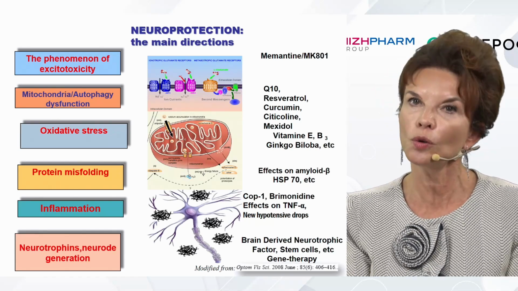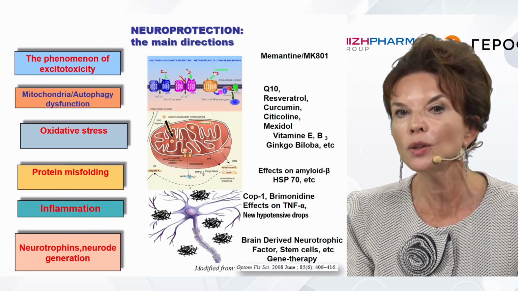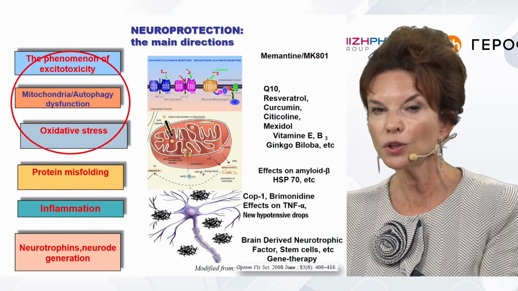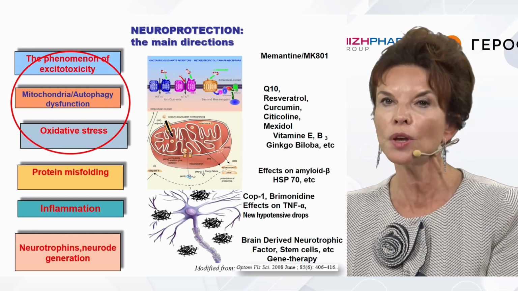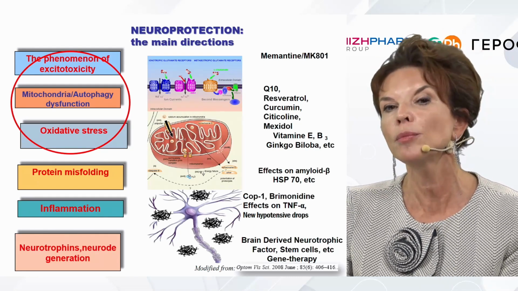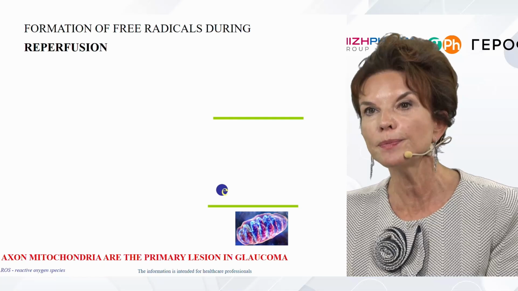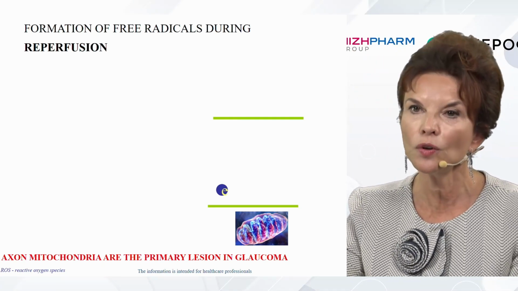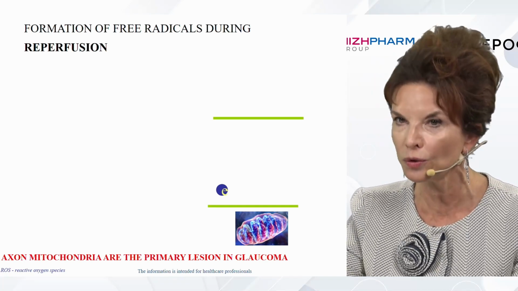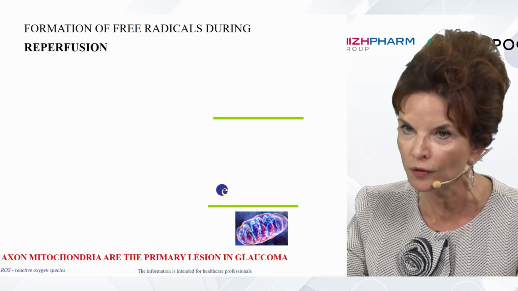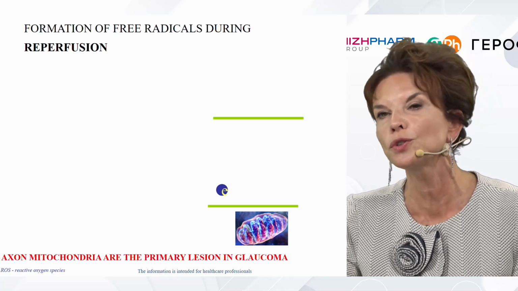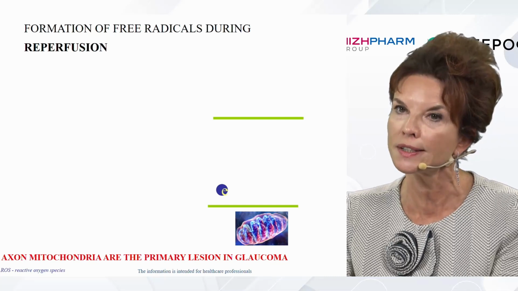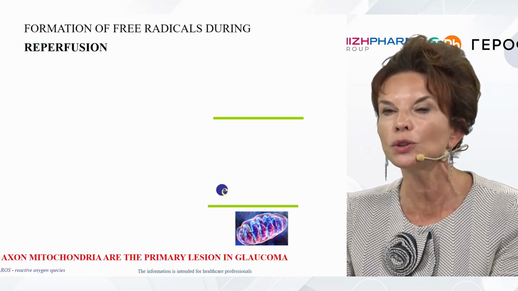Now I would like to put together the first three phenomena: mitochondrial autophagy, dysfunction, and oxidative stress. That's one block, and they are closely related, consequences one of the other. We speak about deficiency of circulation. This deficiency mainly affects the mitochondrial function in the axons, specifically axons that come from the lamina cribrosa of the sclera. So as a result of ischemia or vascular dysregulation, we see